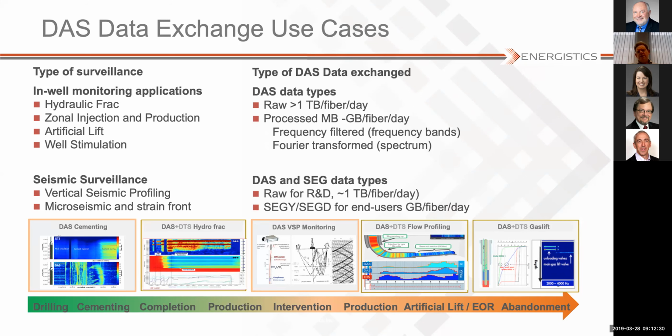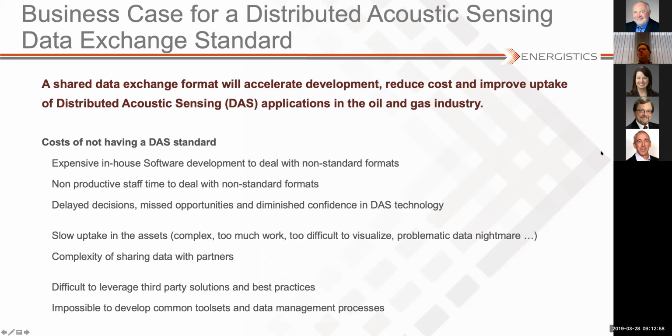One thing to explicitly mention here is that this exchange standard is for raw and for processed data, but when we talk about end products, for example, SegY for seismic traces, then typically people will get that distributed in the format that is already common in industry. So if you exchange raw data between an R&D outfit and a DAS provider, then they will write some code, but if they then distribute the SegY data, they'll do that in SegY itself and not distribute the DAS data.